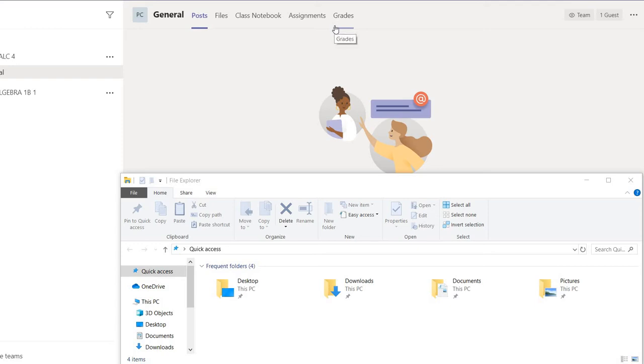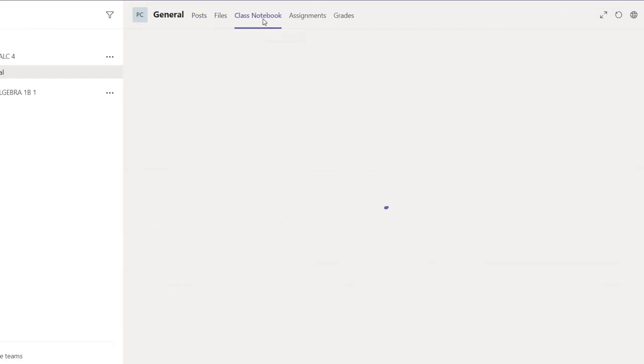I'm not going to be showing you the extra details I can do with the teacher permissions, like being able to see everyone's notebook. So what I'm currently showing is what you will get. For submitting assignments, obviously if you go to the assignments page, it has the assignments there, but generally what we want to do is post them into your notebook so I can look at them there. So if you click Class Notebook,